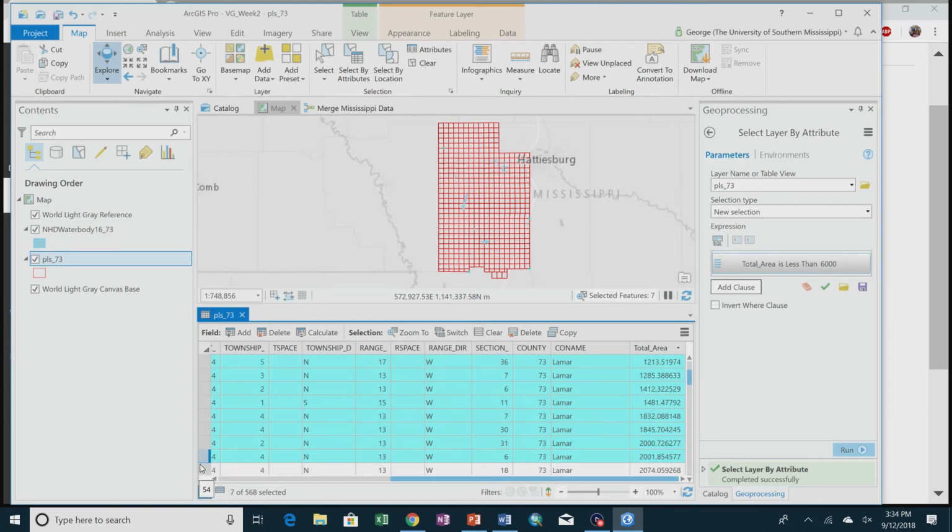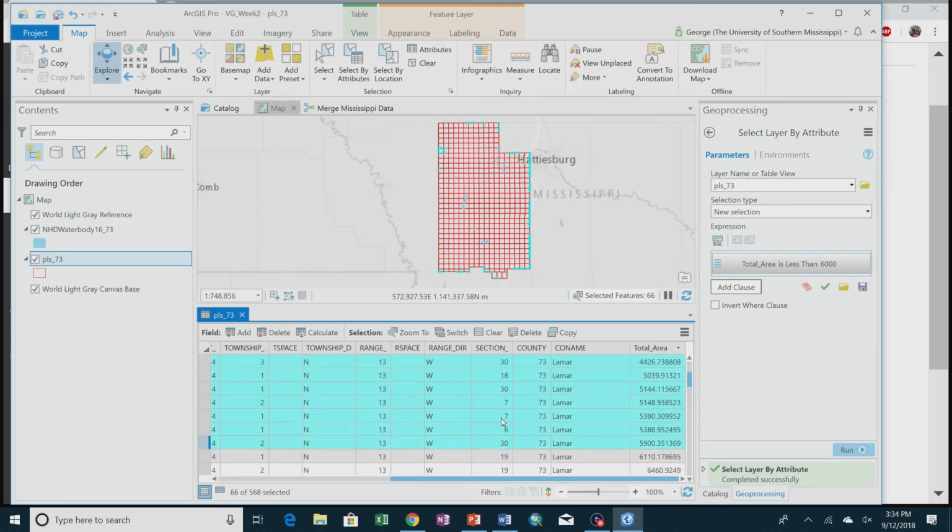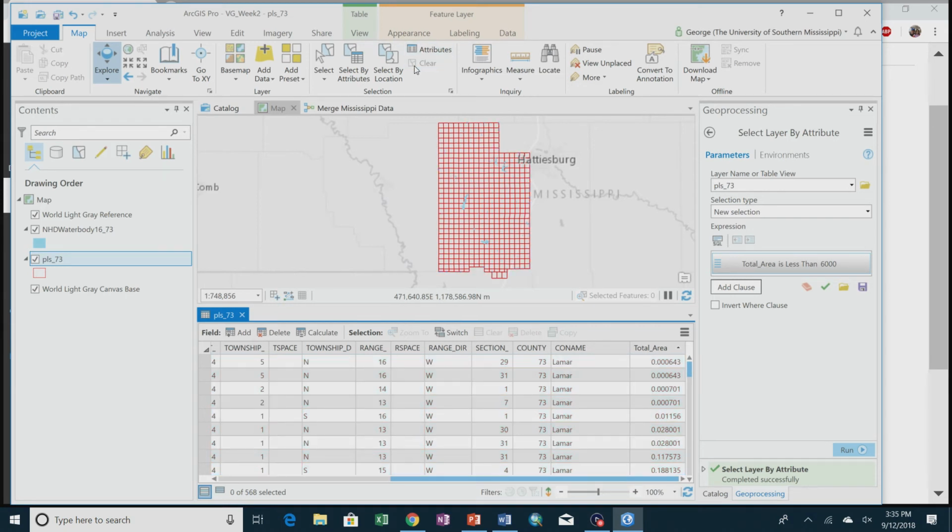And then I had to sort total area. See, now I'm just going, and I see, oh, that's the last one that's under 6,000. Just did it manually. All right, well, I'm not going to worry about this. Make sure that you clear your selection if any of you have selected it. So for today, I'm not going to worry about those